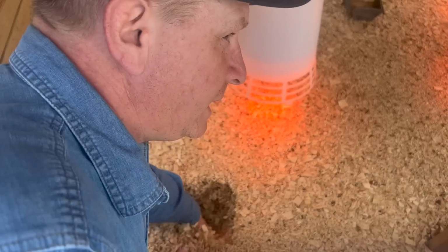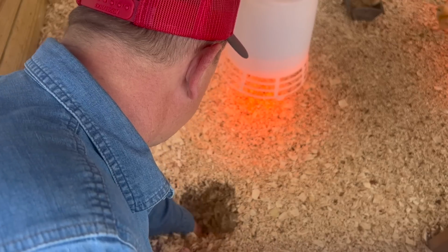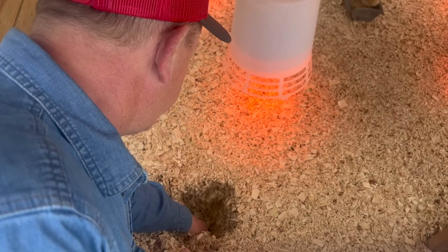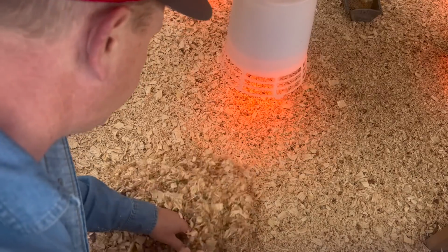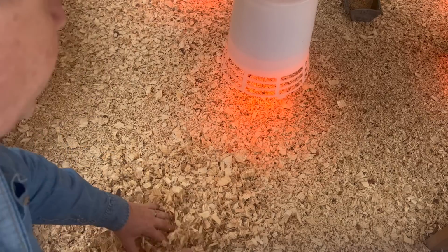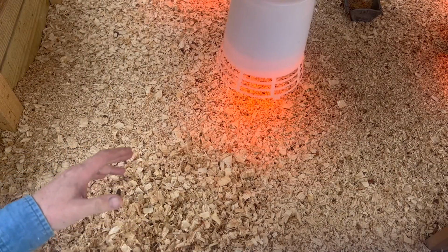What is this? About 18 inches, give or take? Yeah, that's probably at least a good 12 inches of shavings there. So it's much deeper, and we think what this is going to do, the lighter stuff, the smaller stuff that's on top, the chicks as they get older, they can fluff and scratch that stuff around, and we're expecting like